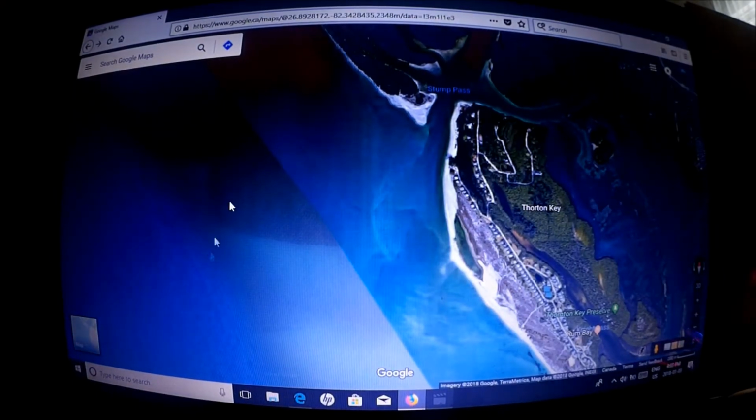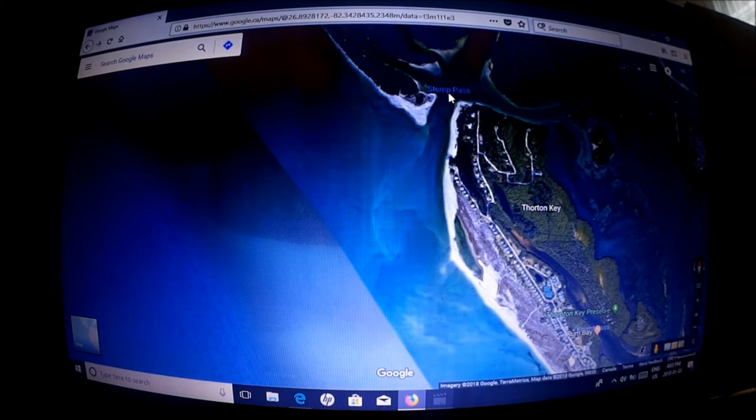On Google Earth, it's not just a blue blob. You can see that there is shoaling coming out from the point this way, some shoaling coming out from the point this way, but there is a relatively deeper channel that goes right up through the middle if you approach from due south and head due north through the pass. Keeping in mind a Bayhen 21 only draws 9 inches,